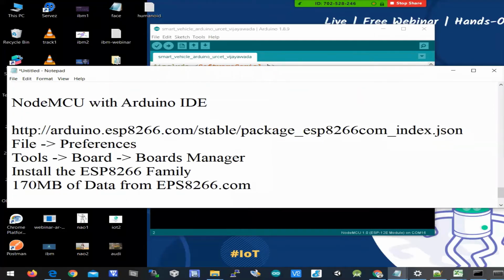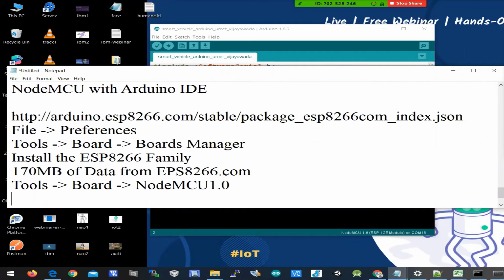Once it is installed, you come back to Tools, Board, NodeMCU 1.0. This board has to be selected for our exercise, because we want to convert our bed lamp into an IoT lamp. Thereby we are using NodeMCU 1.0.